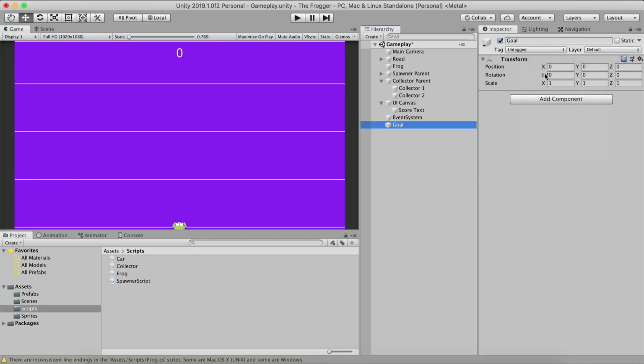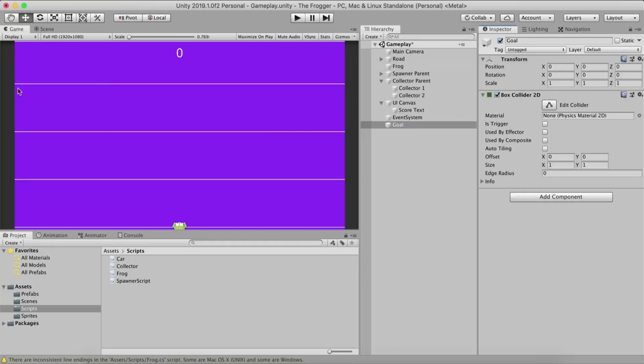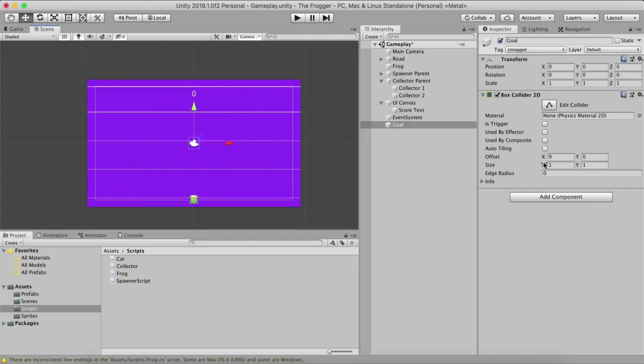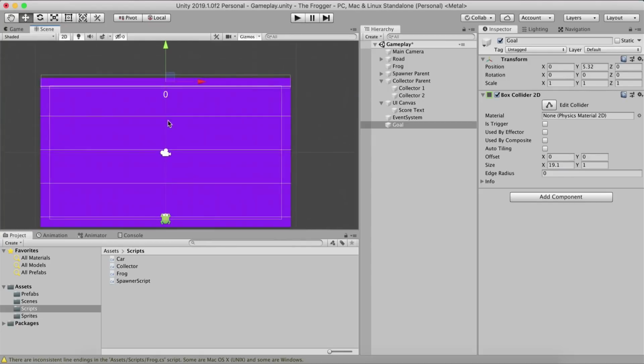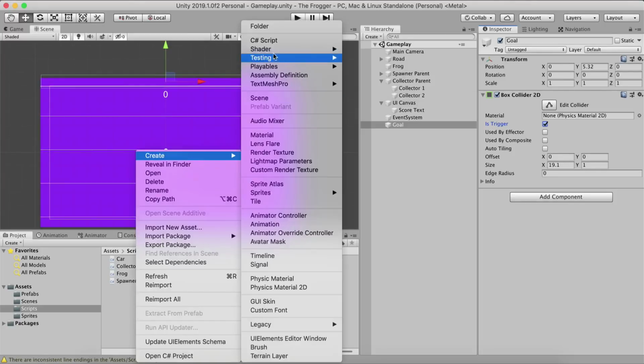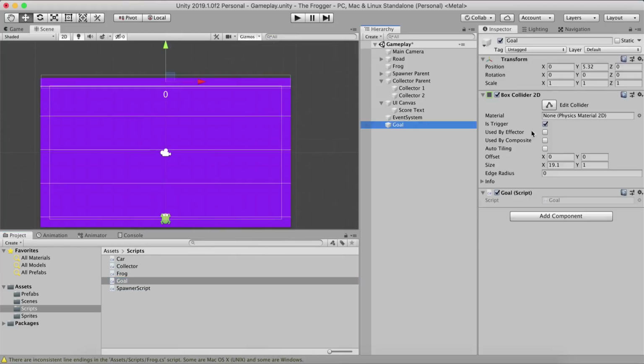reset it here. We also need to attach a box collider 2D on the goal and resize it. So resize it on the X like this, and I'm going to move it here. So when we reach the goal, which is here, make sure that is trigger is checked, because now I'm going to right click and create a C# script for the goal. Because when we reach the goal, we are going to restart our game again, but with the